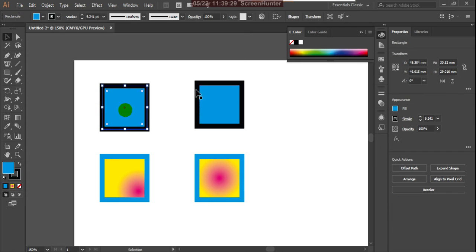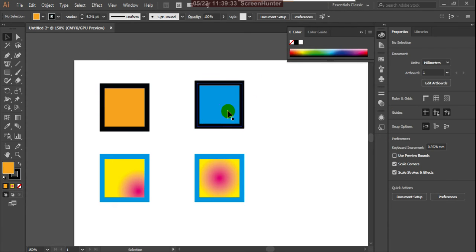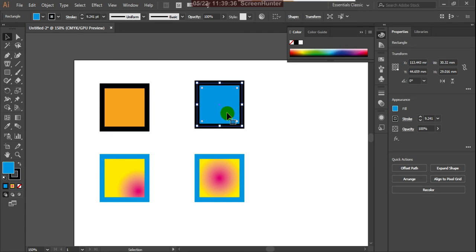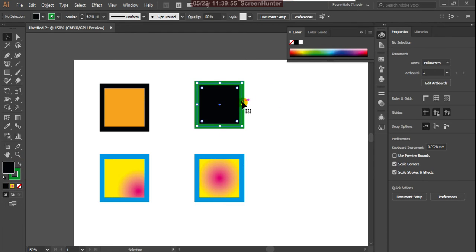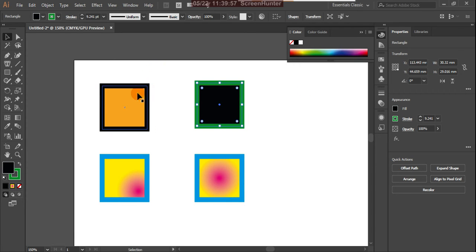And now change this color into red. Okay, and now you can click this and press the eyedropper tool. Suppose here I'm giving the stroke color as something like green. Now check what happened with the eyedropper tool.